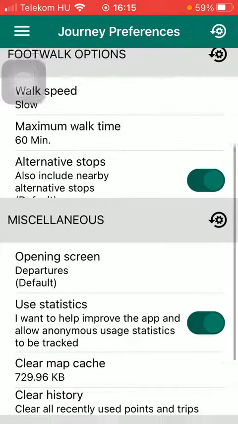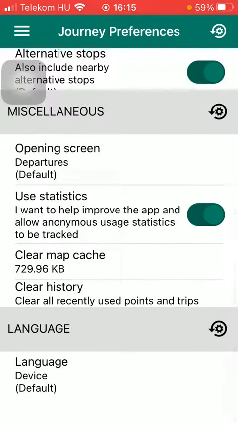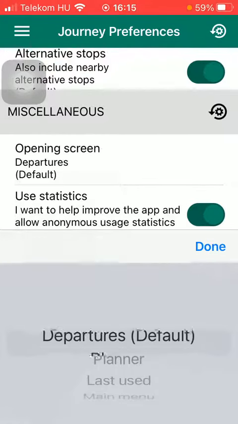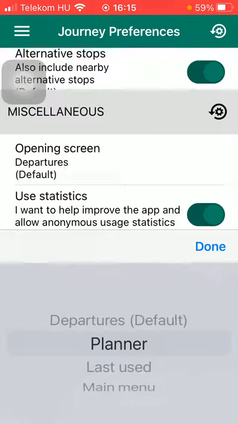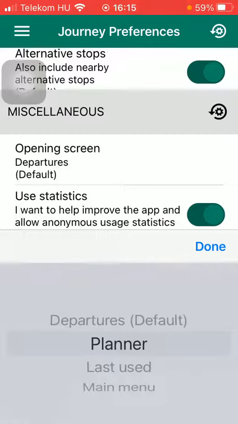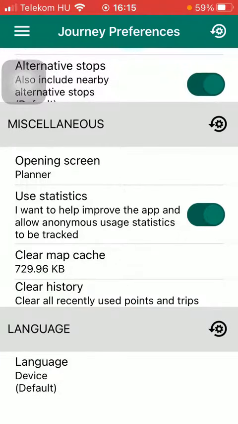After that, scroll down to this third section and here you can find the opening screen section, so tap on it. And after that, you should select from these options such as departures, which is the default option. You can set it to the planner, last used or main menu. So click on the relevant one, and when you are done, click on the done button on the right side so that it will be updated